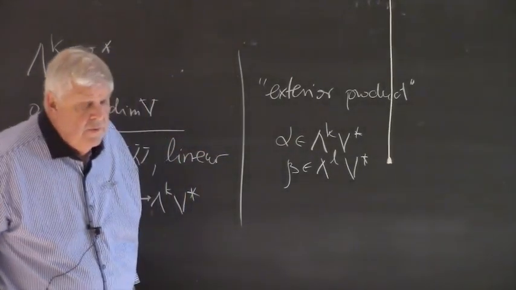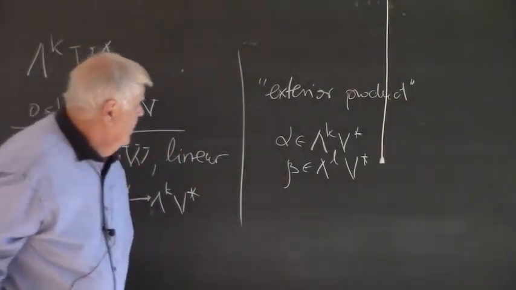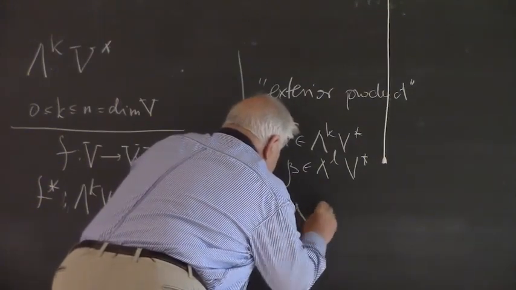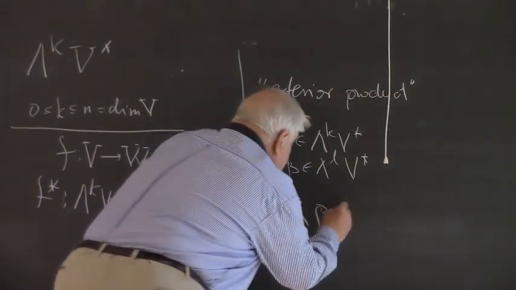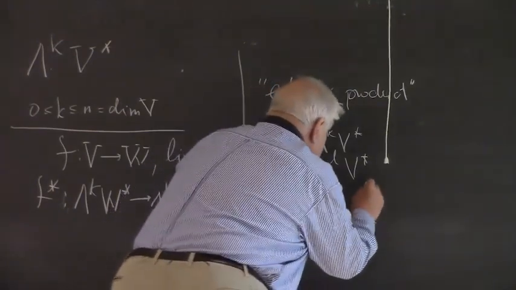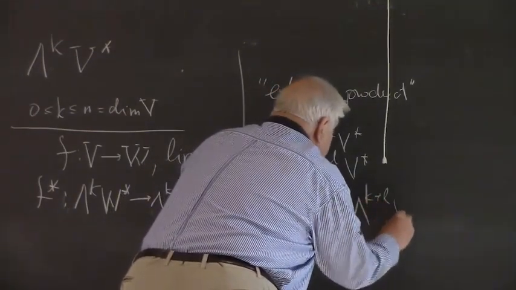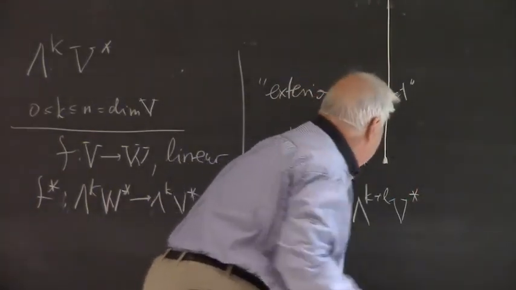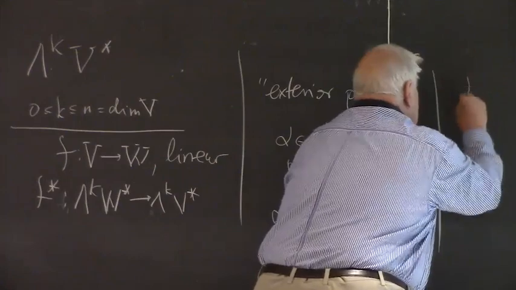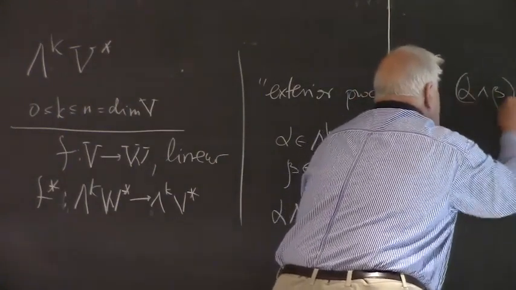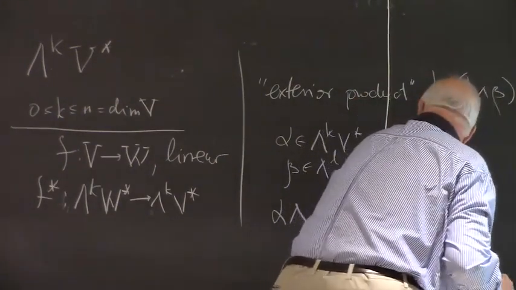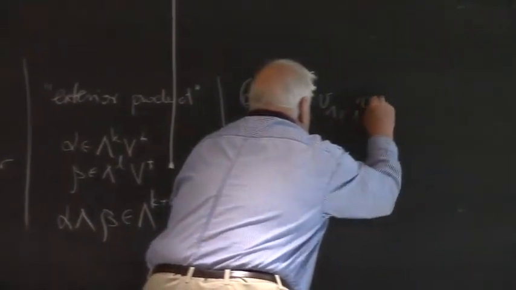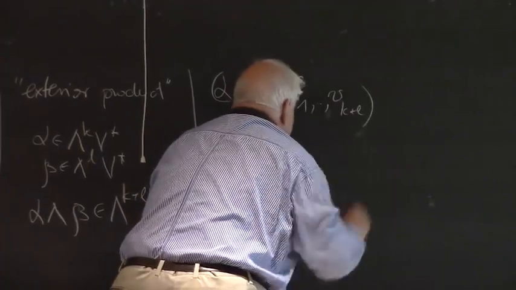Two exterior forms. And then what is alpha wedge beta? It is again a skew-symmetric form, an exterior form of degree k plus l. It is defined in the following way: alpha wedge beta applied to k plus l vectors v1, ..., v k plus l,